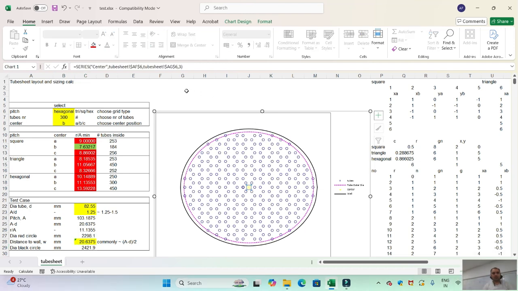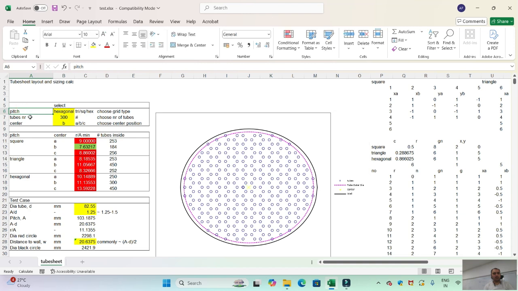Now let me just show you a small demonstration. You can see there are different boxes: pitches, tubes, center, and you have hexagonal. So click on that, you will see three options: square, triangle and hexagonal. These are basically types of pitches. And then number of tubes also you can change. So I'm just changing it to 250 just to show you how it works. I've changed it to 250, and hexagonal pitch